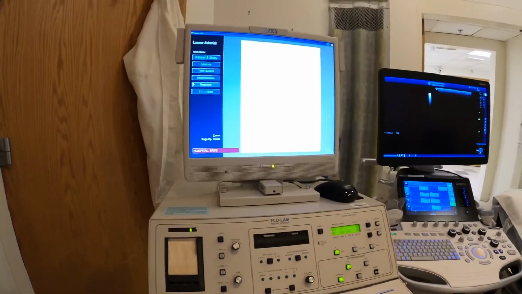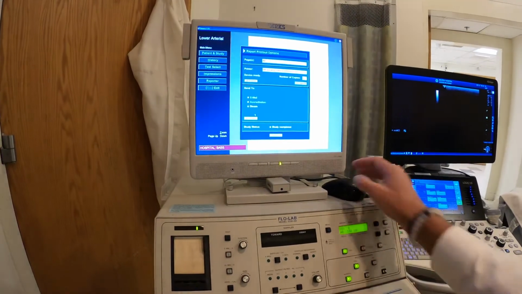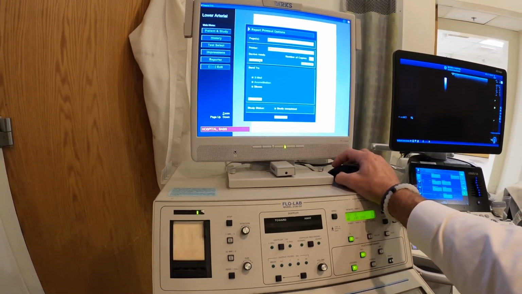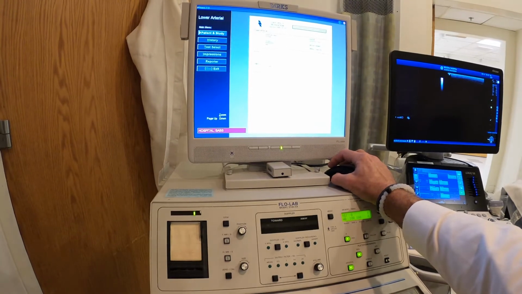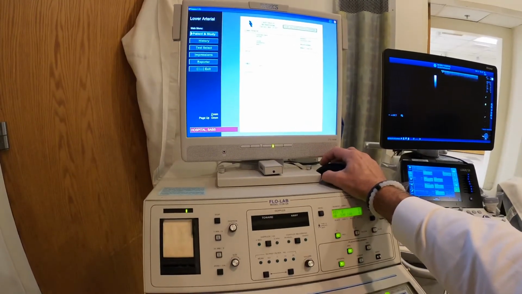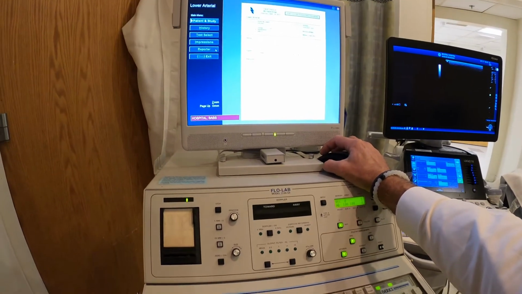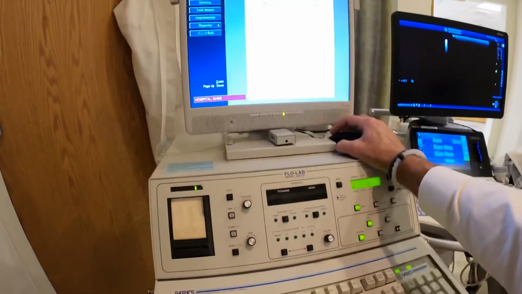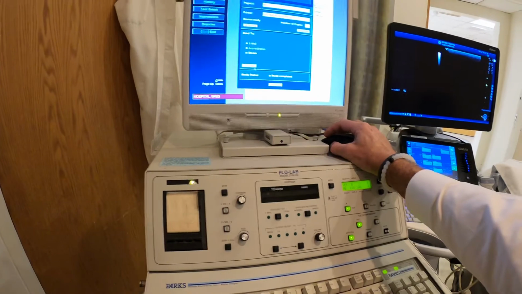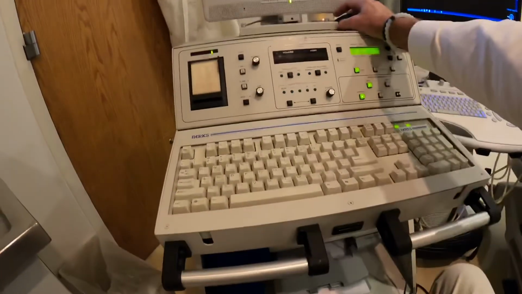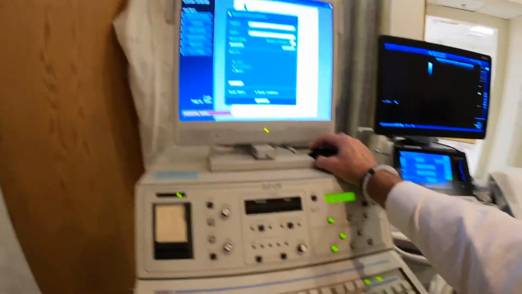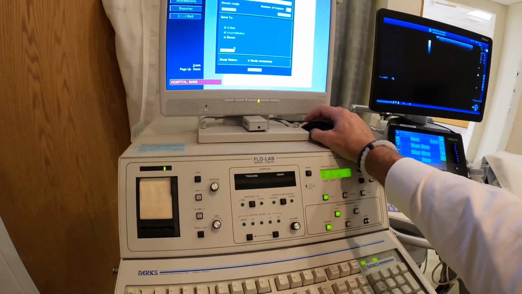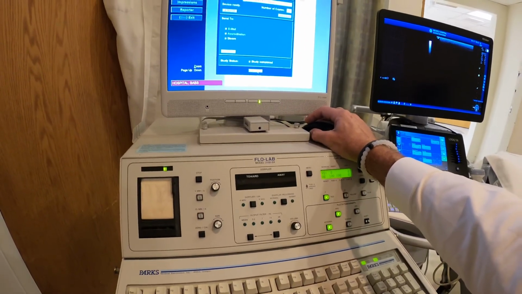come down to reporter. If you want to print everything, all you do is hit print. Sometimes the first time you hit print, it doesn't work. If you do, you have to do it again, but this time it seemed to work okay. It prints out the information. Then, once that comes out, you've checked it out, everything seems right, then you hit F12 down here to send it to PACS. I'm not going to do that just because I'm not going to send what we just did, but I escape out of that,